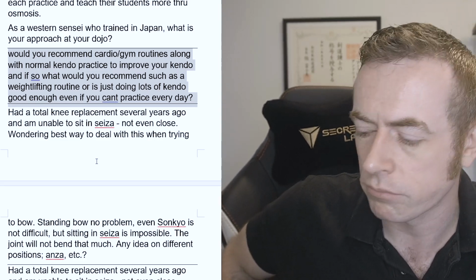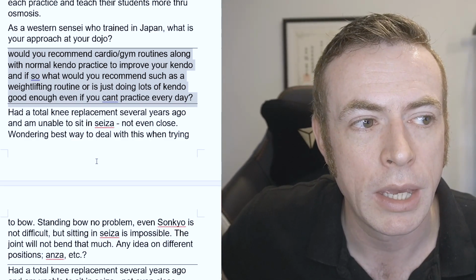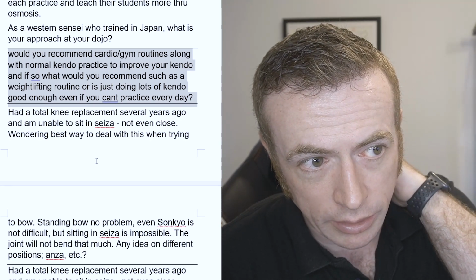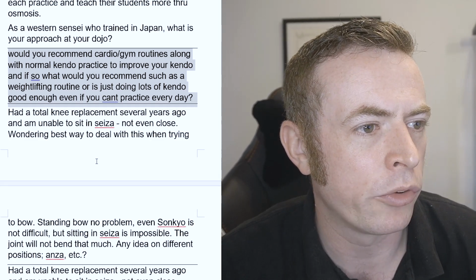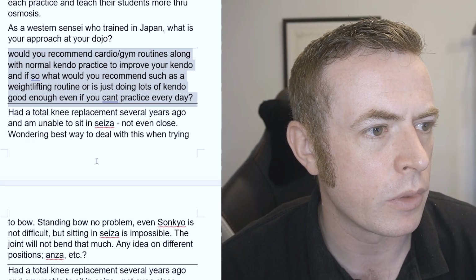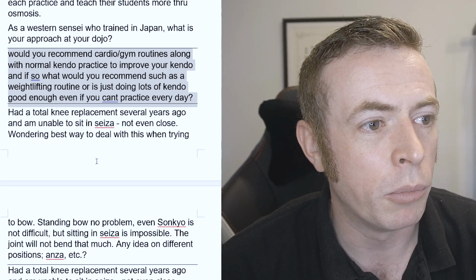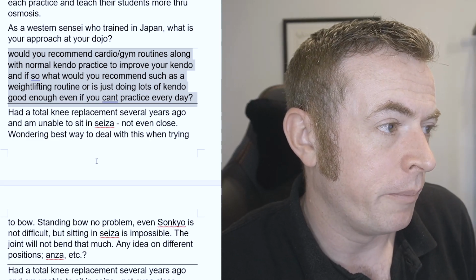doing Kendo all the time. There's lots of things that go into improving Kendo, and doing Keiko is one, but doing loads of Keiko isn't the only thing. I'll tell you something. Story time. I am acquainted with a person who was an All Japan champion high school player, and she was a very, very successful player. I knew her mum actually rather than her directly. Trained at the same dojo basically, and